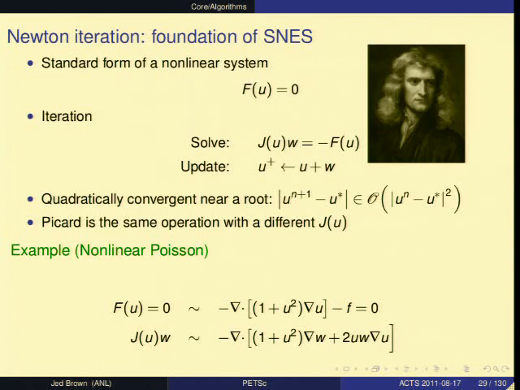As a sort of example of what the Jacobian looks like, here's a simple nonlinear Poisson problem. So if the part inside of this parentheses was equal to 1, this would just be a typical Poisson problem. So we've added some nonlinearity there. And as far as the PDE is concerned, to figure out what the Jacobian was, we can go through and differentiate this with respect to u. And every du that we get, we're going to apply right away to this test function w.